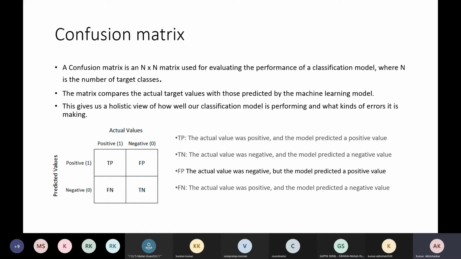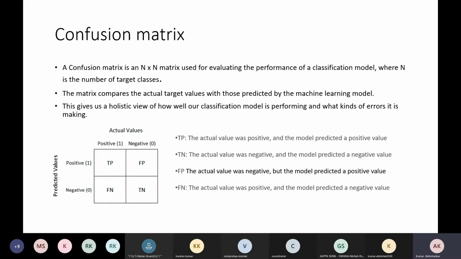The diagonal, true positive and true negative, is about the correct predictions. In layman's terms, this is the correct prediction, and the off-diagonal is incorrect, or misclassification. False negative and false positive are nothing but misclassifications. We will understand the terminology in more detail.